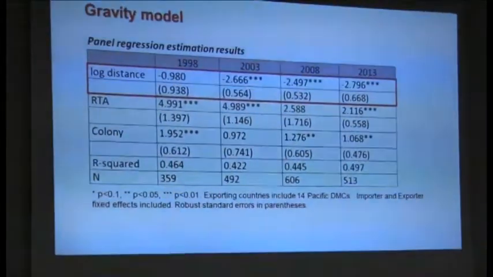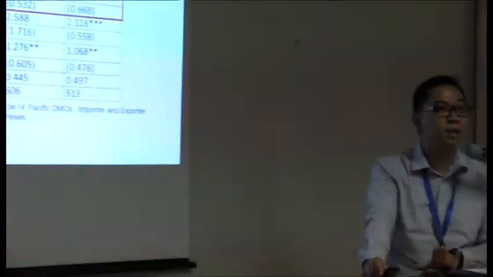The effect of RTA is really strong, which, well, of course, we already know that they're important, but here we have empirical data that really validate the work that we're doing. So let's look at the results. This table shows regression estimates for 4 years: 1998, 2003, 2008, 2013. So this means that a regression equation was estimated for each year. So for distance, clearly remoteness is a significant barrier to exports because of the negative coefficient.